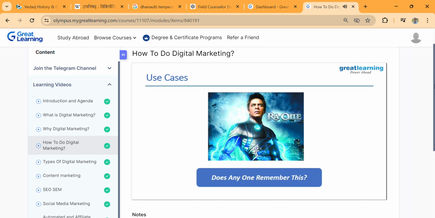The reason for that was people were excited to see Shah Rukh Khan playing a superhero. And the other thing that happened was the way this movie was marketed. This movie was marketed so deeply. There were ads that were thrown in, which happens, right? There were small teasers that were given to keep people excited.